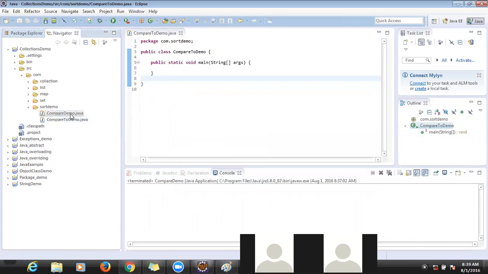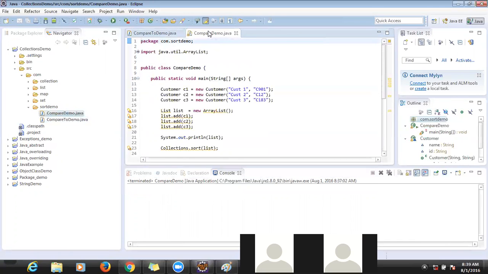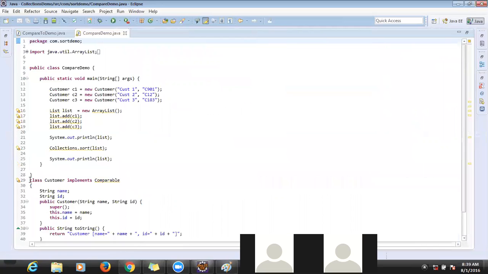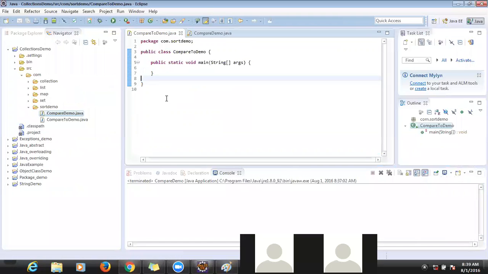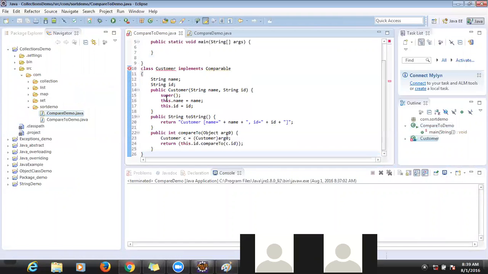So now let me copy. This is the same customer I will use. I will change it a little bit so that it is very easy to understand. Let me copy the same code.